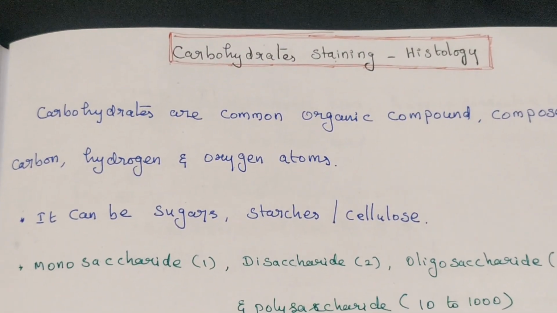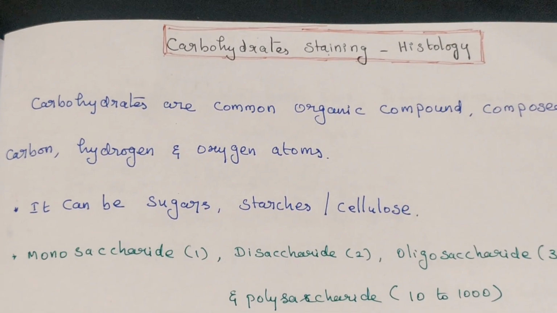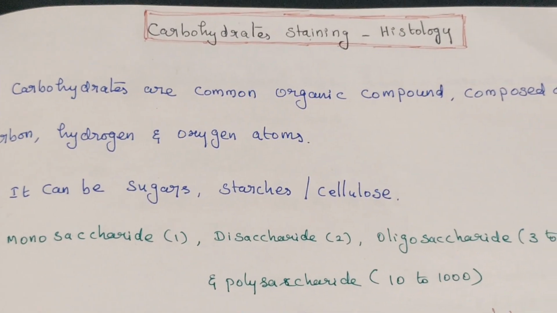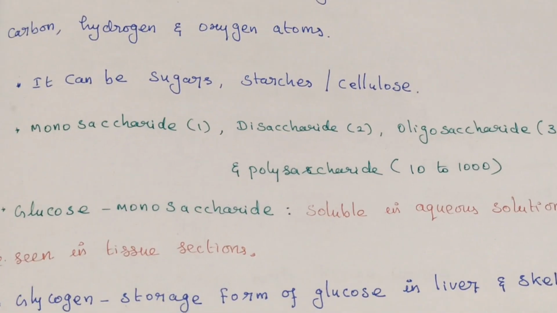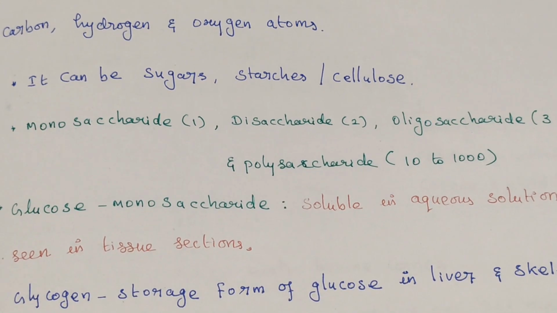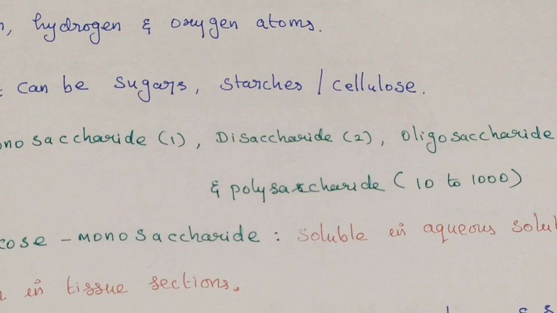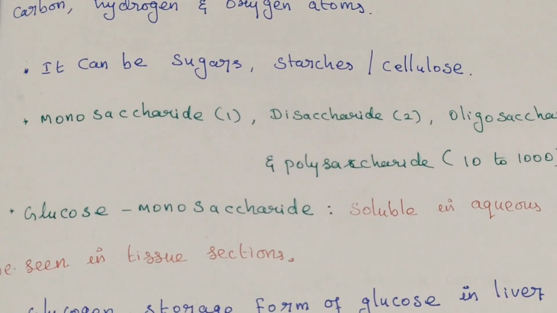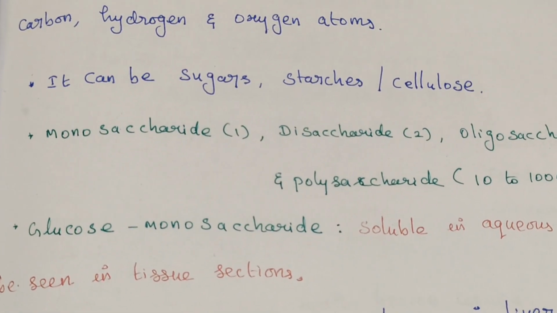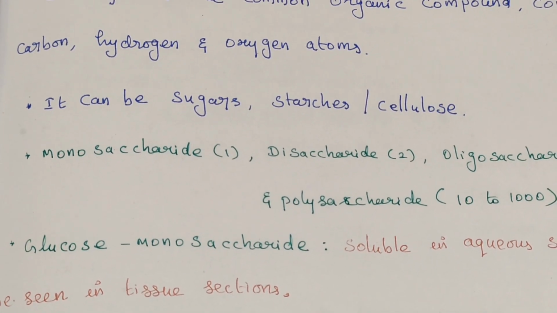Carbon, hydrogen and oxygen are present in a 1:2:1 ratio. It is an organic component, and it can be sugars, starch and cellulose. The carbohydrate is presented in the form of sugar, starch and cellulose. Carbohydrates serve as the body's major source of energy via glucose and also comprise the structure of cell membrane in